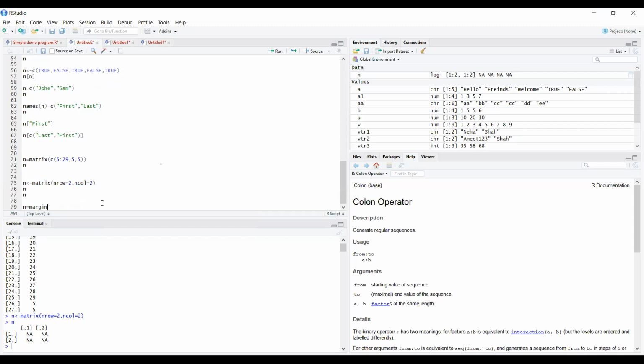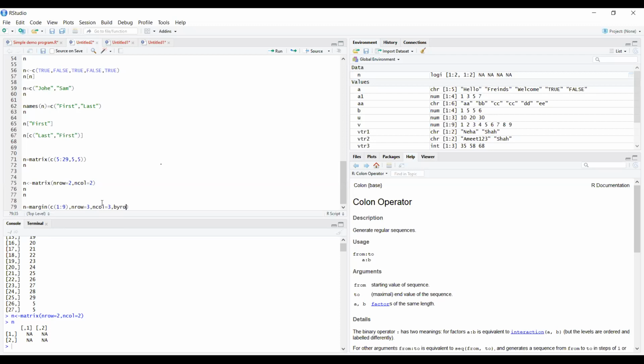In the bracket c, 1 to 9, so we are ranging from 1 to 9. Then comma, n row equals to 3, comma n column equals to 3. Then comma by row.